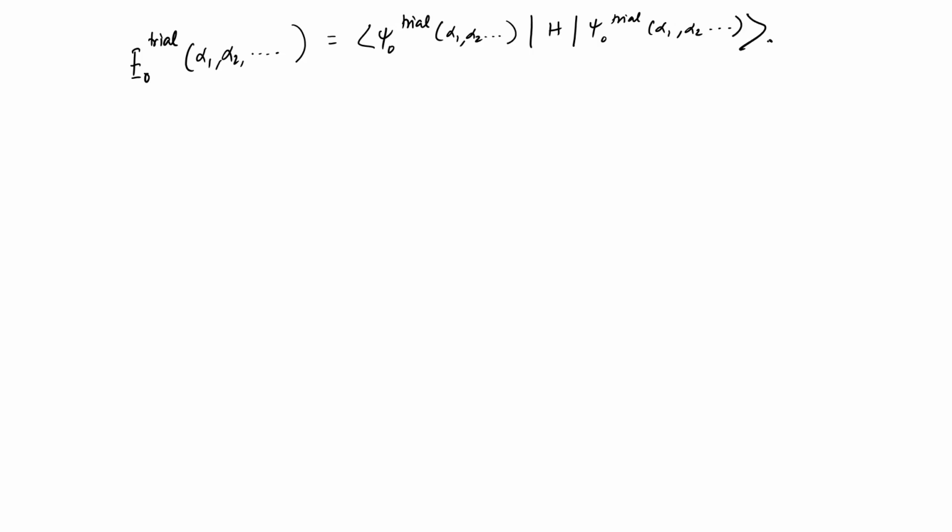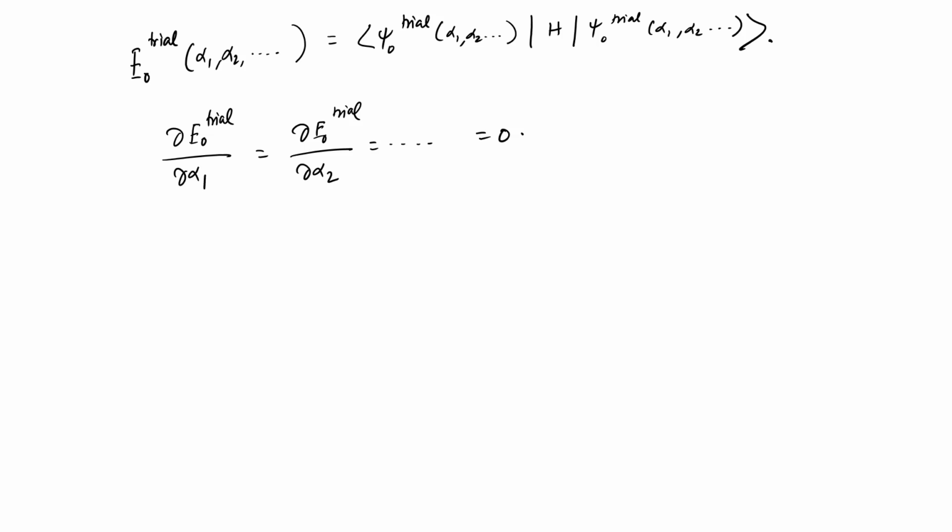So, this is your trial wave function or trial energy, and then what you do is find alpha 1, alpha 2 by putting del E0 trial del alpha 1 equal to 0, del E0 trial del alpha 2 equal to 0, and so on. Calculate alpha 1, alpha 2, put them back into psi 0 trial, and that will be your variational wave